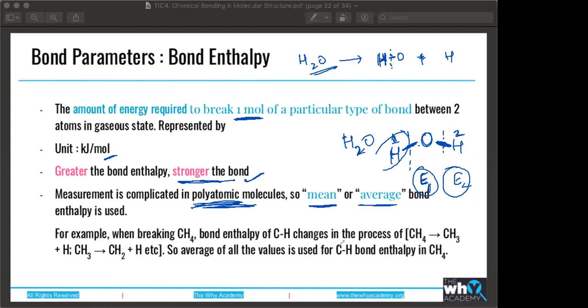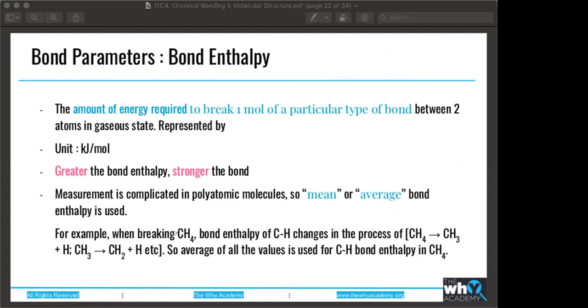So can I say that you have a water molecule right now, and you remove that one hydrogen atom, so for the second hydrogen atom, the enthalpy increases? Increases or decreases, again it would depend on the species, and it's too technical, I'll have to check. But overall, in your calculation or further in the chapter, whenever you come across the term bond enthalpy in a polyatomic molecule, you have to understand that it's basically the mean of both of these bond enthalpies. Okay. That's the information given.